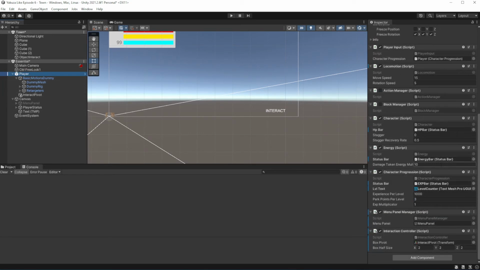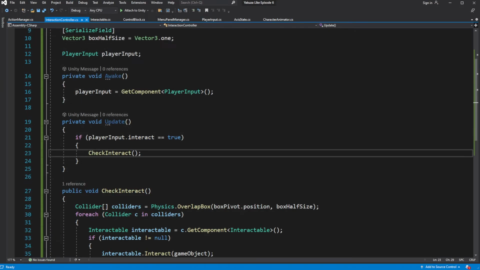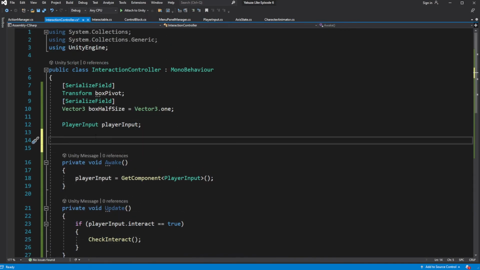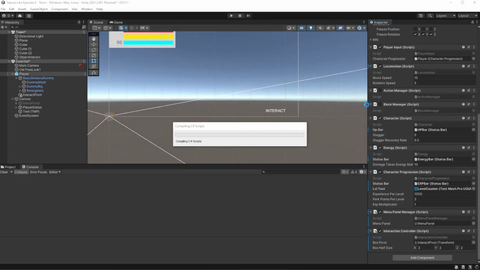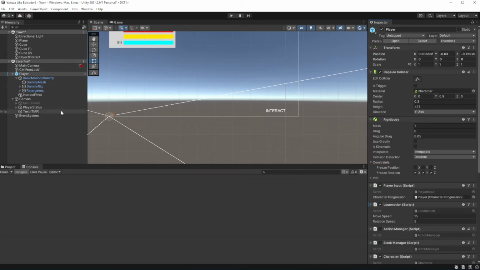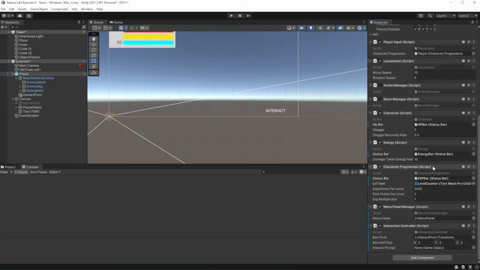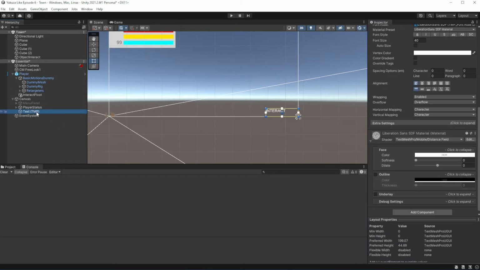Create a field for this text object in Interaction Controller. Assign this object to the field.